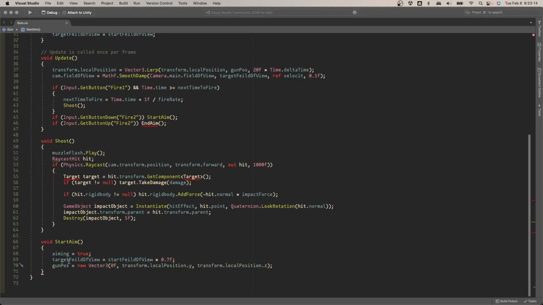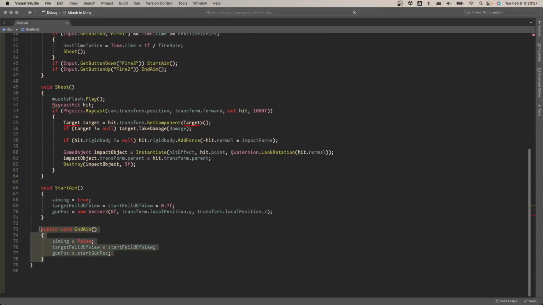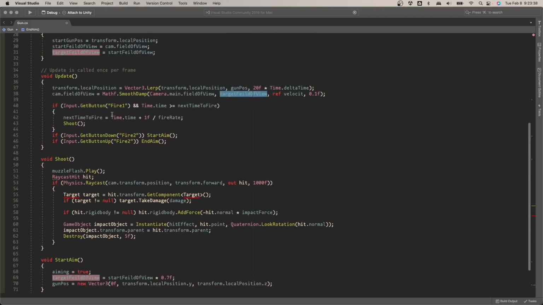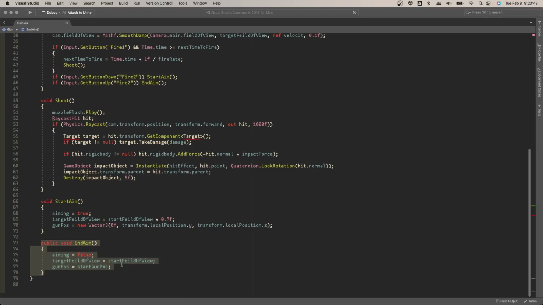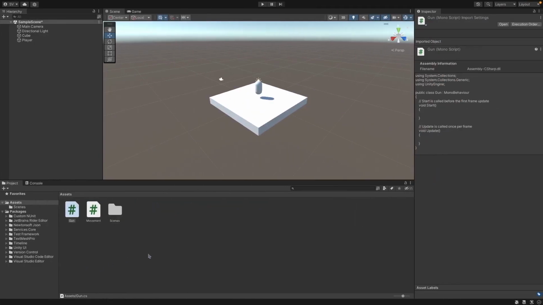Okay, so we'll also set the gun position equal to a new Vector3, and this is just in the middle of your screen at x 0. So for void EndAim, it's pretty much the same thing. I'll just paste it in here again. It sets aiming equal to false, so that it stops scoping in, sets the target field of view back to the start field of view, and also sets the gun position back to the start gun position. So we can save this with Control S, go back into Unity, and we'll create another